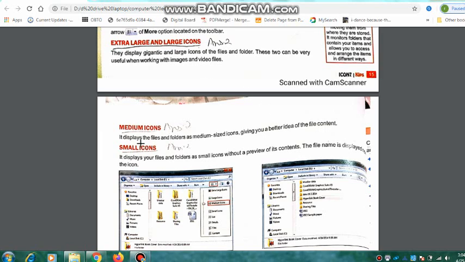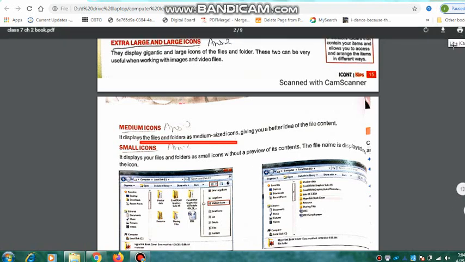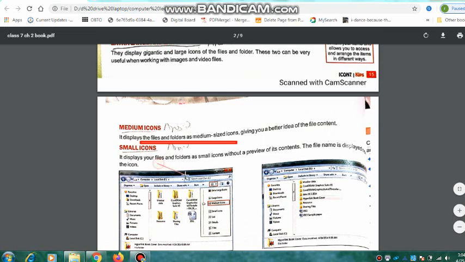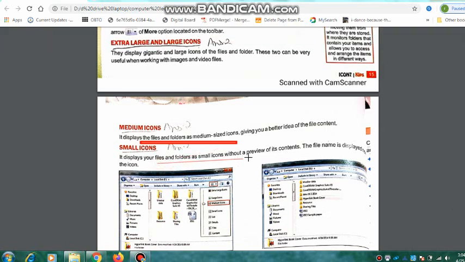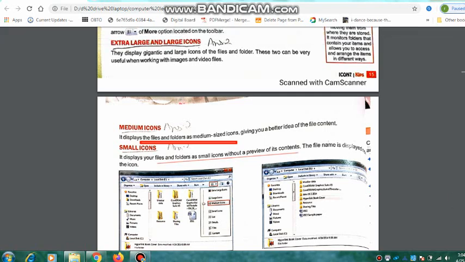Medium icons. It displays the files and folders as medium-sized icons. Small icons. It displays your files and folders as small icons without a preview of their contents. That means the preview of the picture does not come, it gives you only the icon of the file.